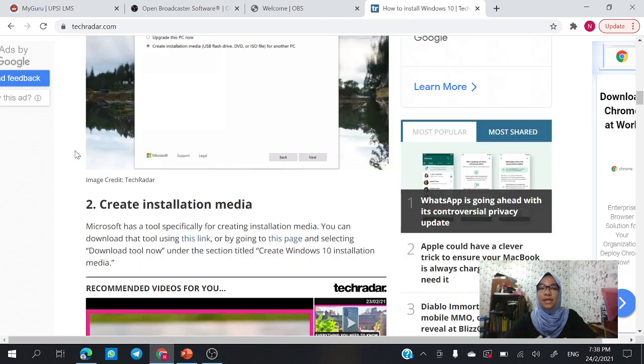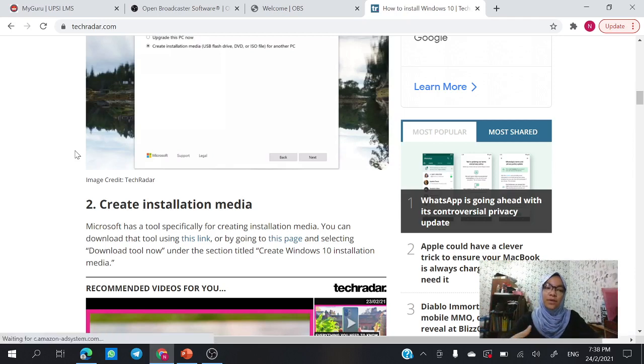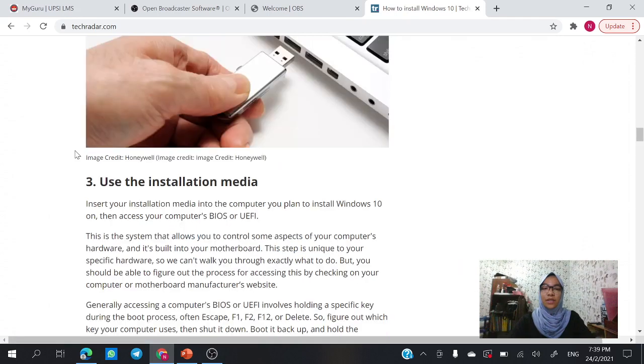Microsoft has a tool specifically for creating installation media, so we can download that tool using this link, or go to the page that the website provides, and select download tool now. And we have to use the installation media, which is we have to insert our installation media into the computer that we have planned to install Windows 10 on, then access the computer BIOS or